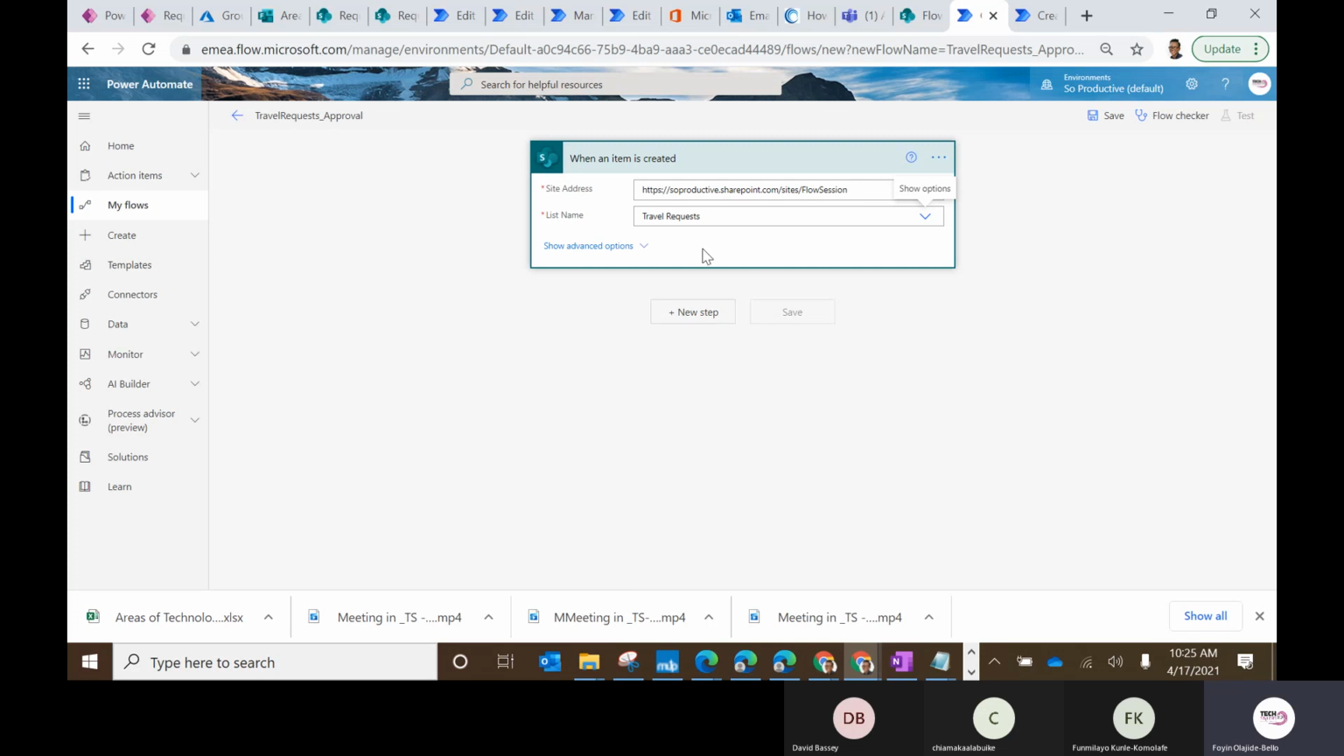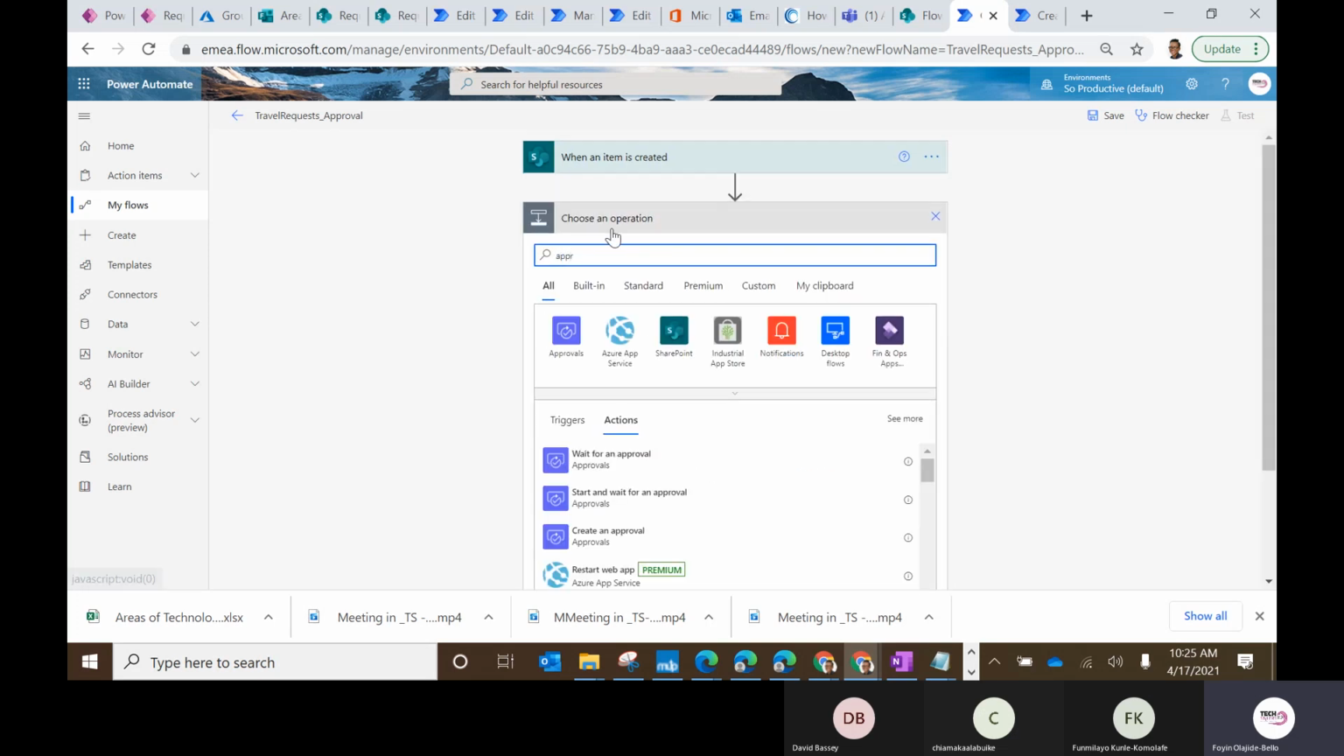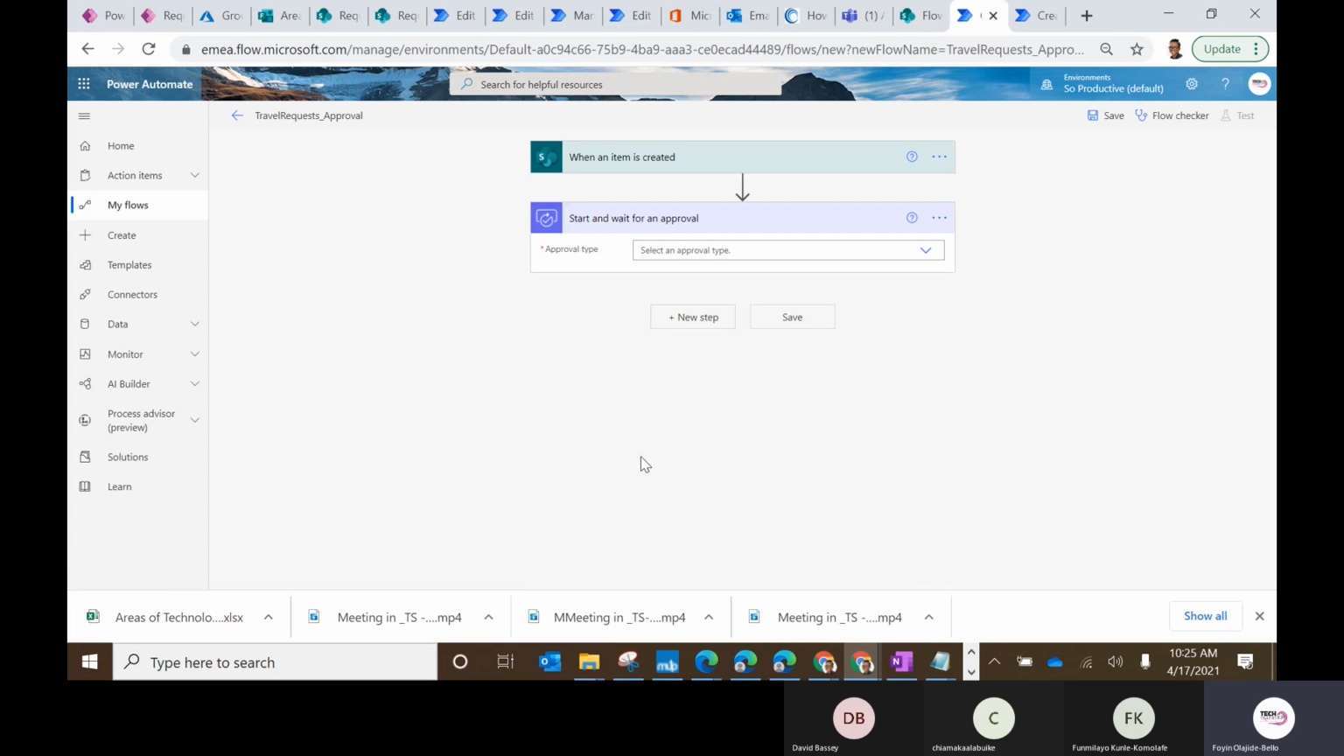All right. So when an item is created, what do I want to happen? I want to start an approval. So I will say approval. You can also use the search. I want to start and wait for an approval. Then under start and wait for an approval. Sorry, please, are you with me? Yes. Just checking. Okay, great. All right, great. So under start and wait for an approval,